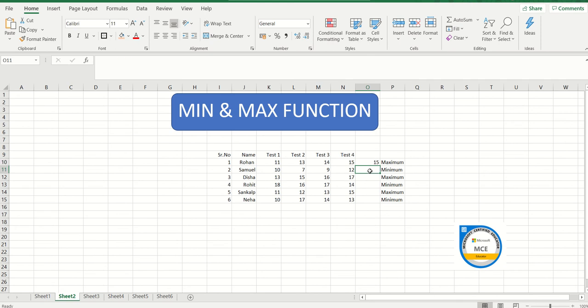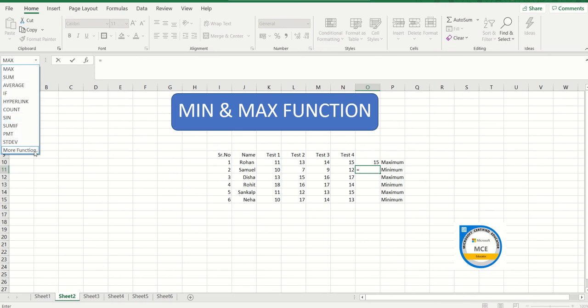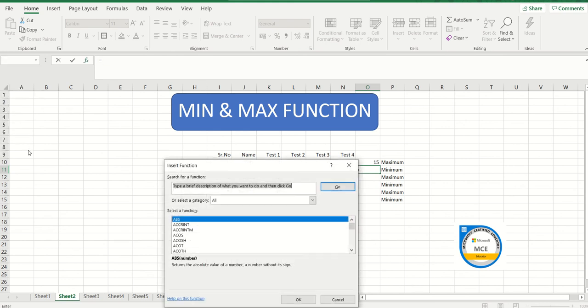Now, the next function that we have to learn is minimum. So you will again click is equal to, because in my Excel the command starts from is equal to. Again, go to the top left-hand side and then go to more functions, because my minimum is not showing in the list. The moment I click on more functions, I can go ahead and select my entry from here. So I would like to select minimum. Minimum is MIN, so I need to select MIN. See, it's there. I will select it and click on OK.